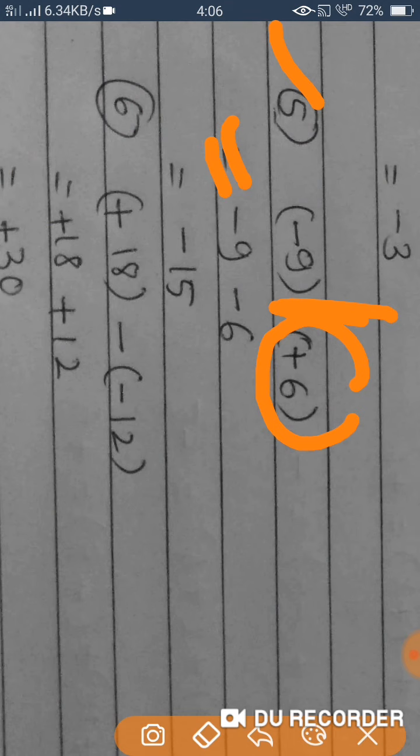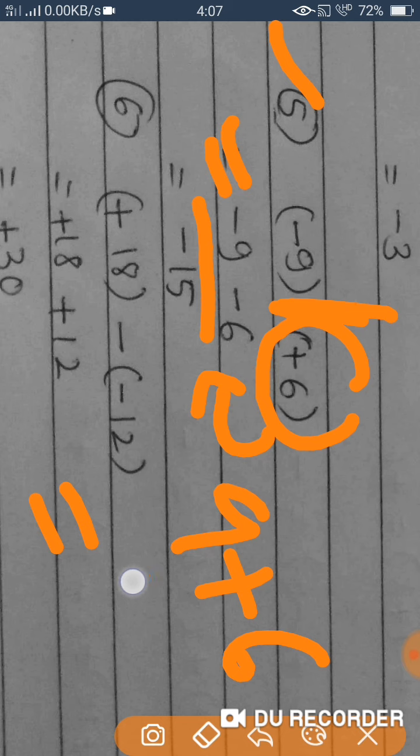So what is plus 6? It becomes minus 6. Both have the same sign. Next apply the addition rule. See, only in the first step we have applied a subtraction rule, that is changing the sign of the integer which is next to the subtraction sign. So next, only the addition rule we are going to follow. Minus 9 and minus 6 both have the same sign, that's why I am adding the numerals. 9 plus 6 is 15, but both have a negative sign, that's why I'll keep the answer negative.